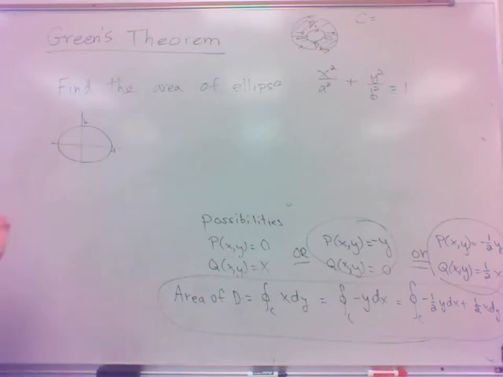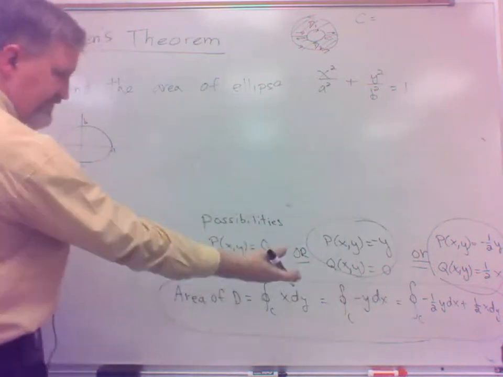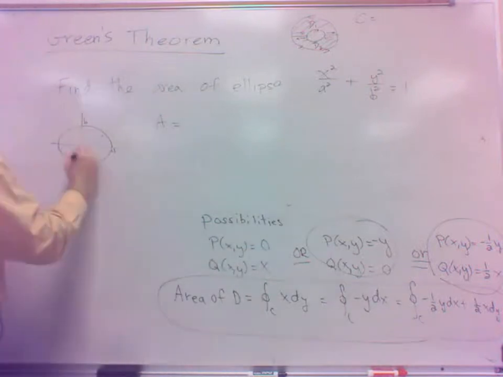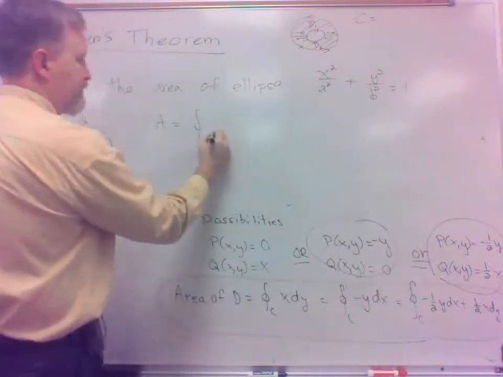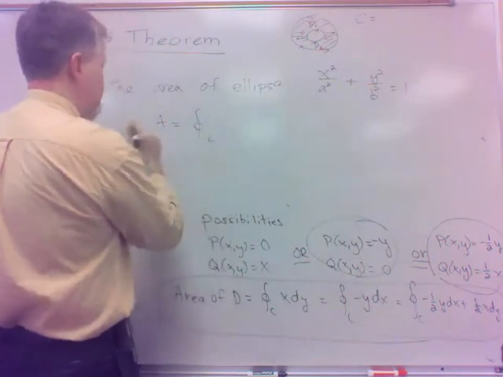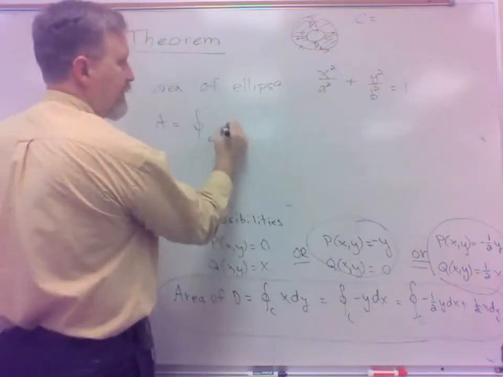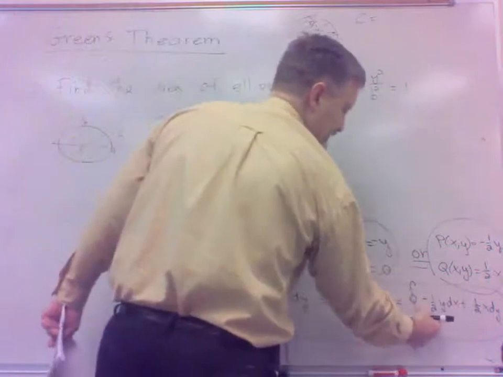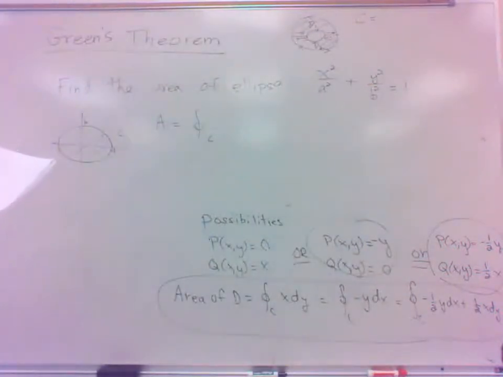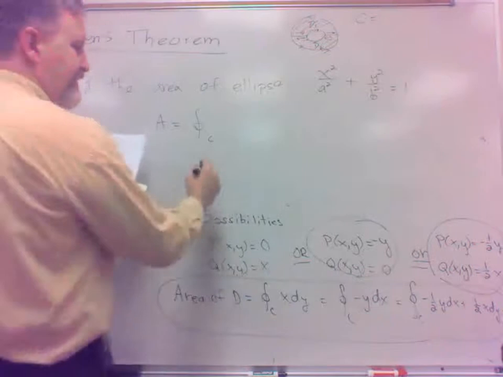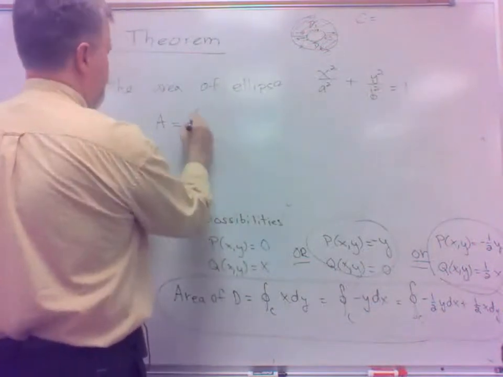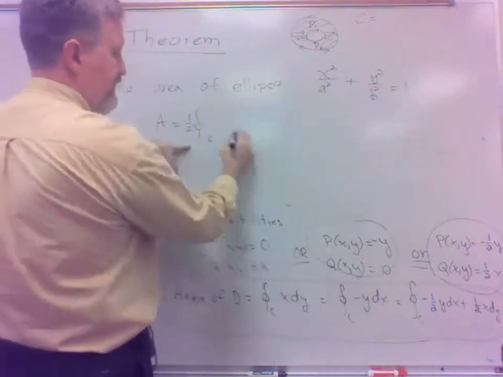And so if we change it over to this line integral, we know that the area of this thing is the line integral over this closed curve. And let's use this. I think this is the one I want to use. Yeah. We can factor off the half. So it'd be a half times